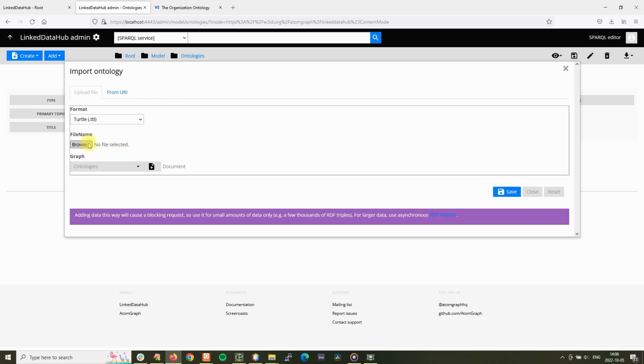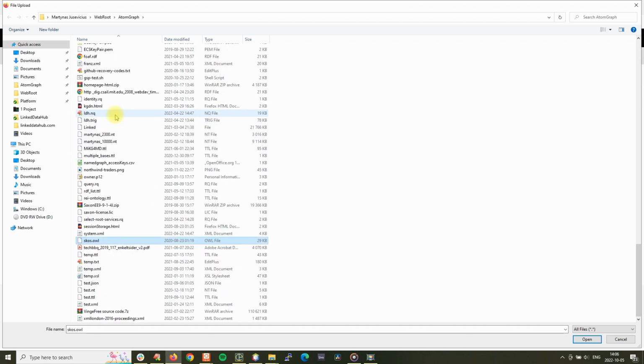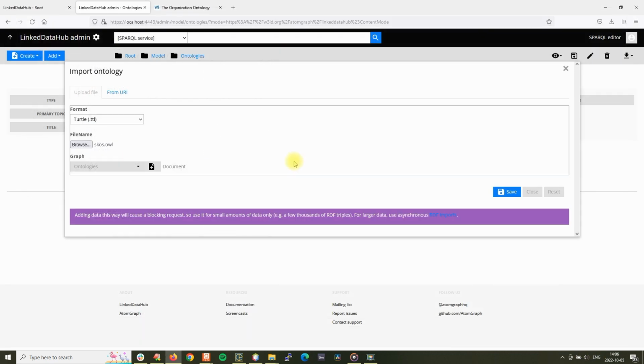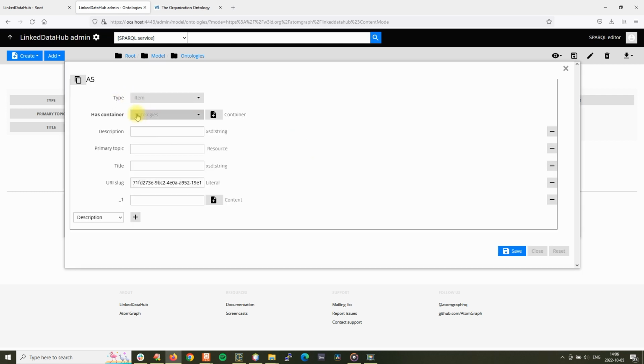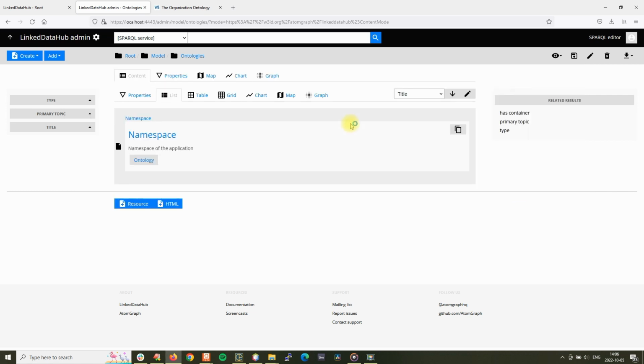upload it as a file, and I have the SKOS ontology ready here, so I need to choose the right RDF syntax, and then I'll create a new document for this ontology. It will be a child of the ontologies container, and I'll call it SKOS. Just click save and click save here, and then the import process starts. It will take a few seconds,